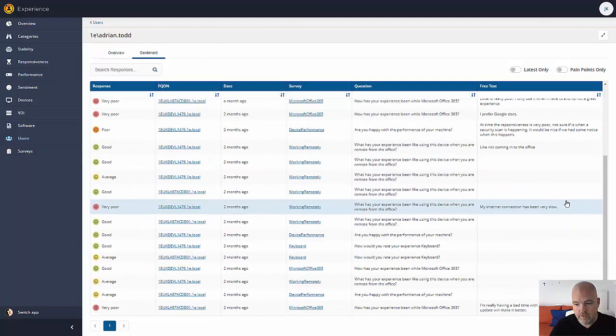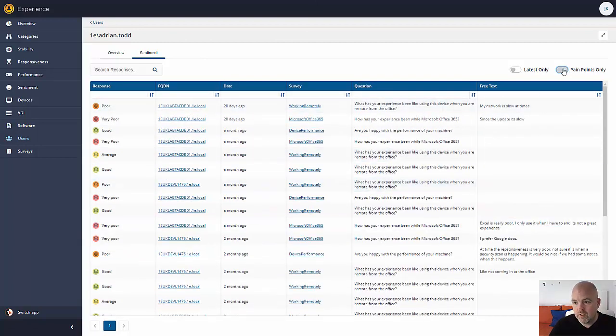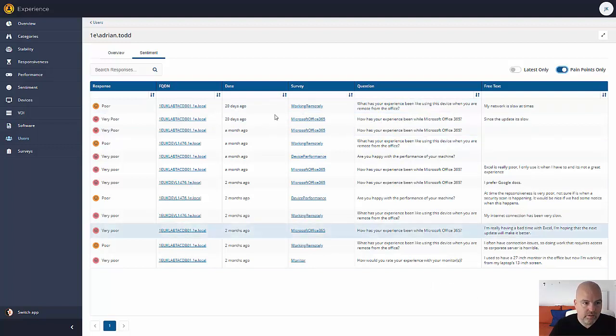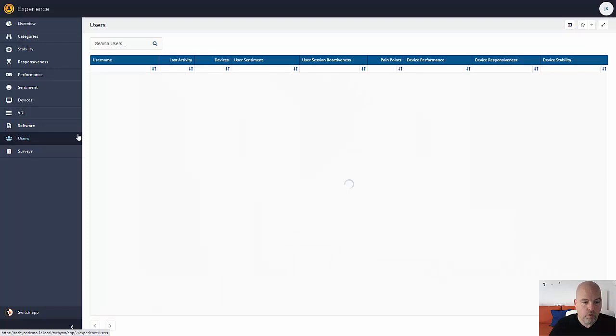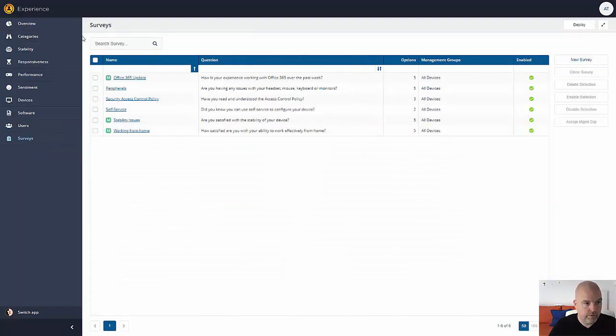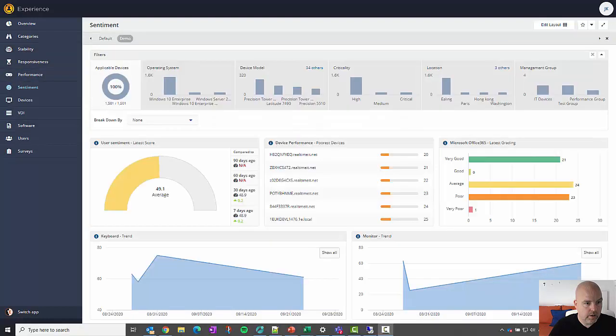So he's answered a lot of different surveys, put in some pain points. Let's have a look at those. And these are the pain points he has across all the different devices that he's been using. Maybe one is in the office, one is at home, whatever it might be. So we can gauge what is going on with individual users and with users overall, and look at overall sentiment using these things. Indeed, if I switch back here to our sentiment,